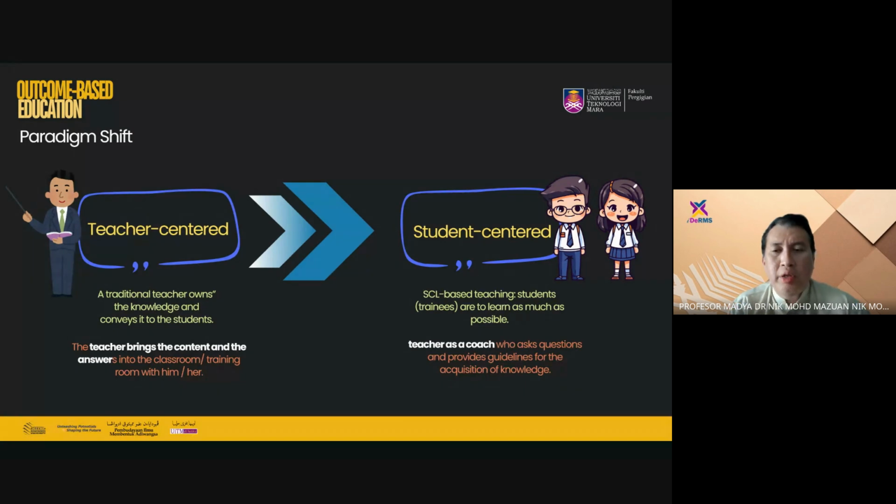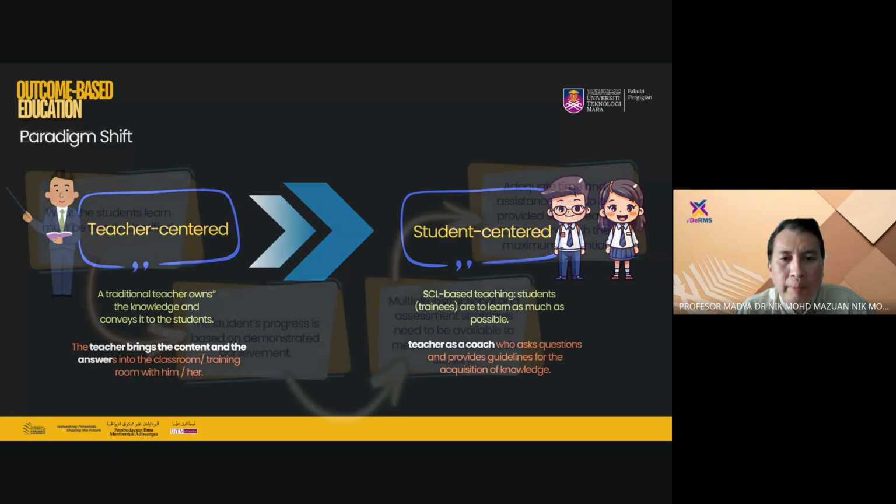Every lecturer has their own creativity, so please do use your creativity. You can even use the online teaching apps. Doesn't matter what it is, as long as you can use it for your students, please, by all means, you can use it. All right, you don't have to be at the front of the class and talk for the whole duration of the session. All right, so that is student-centered learning.